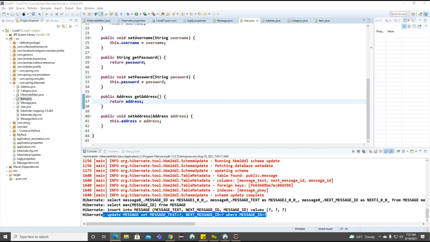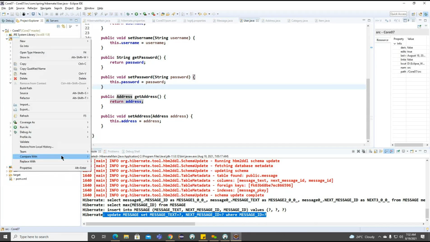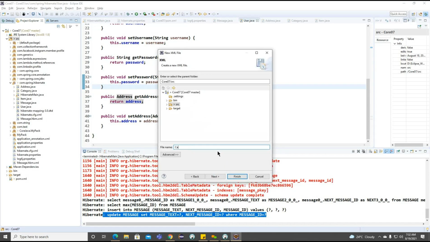But now, back to here, how we can work on the mapping documents here. For this particular category, how this particular document will work here. So let me create a document in our source directory. We'll go for the new and other, define as a XML. And what is the name we are having here? The model class name we are having as a category. Based on this particular category, we'll create our mapping document here.